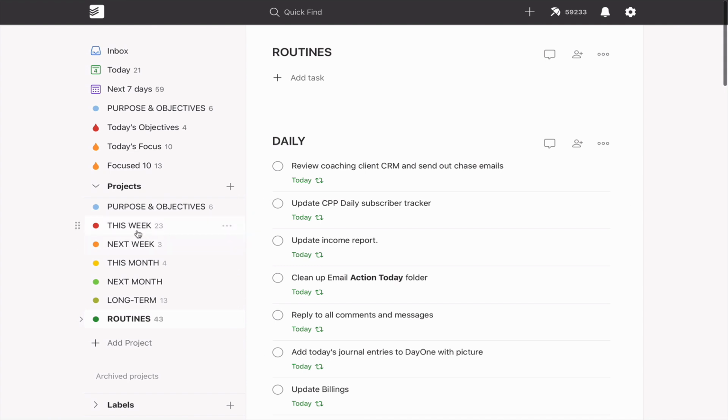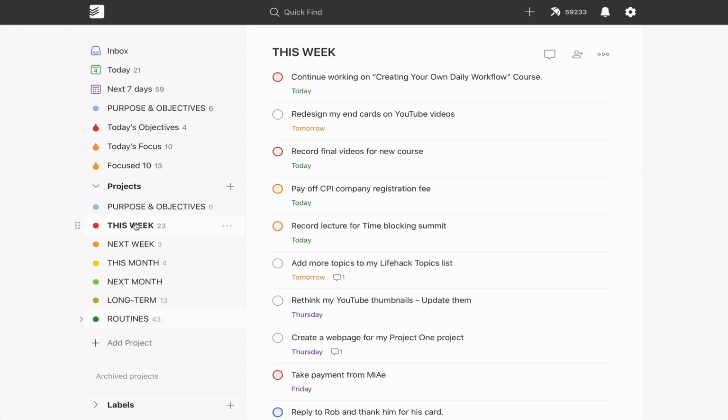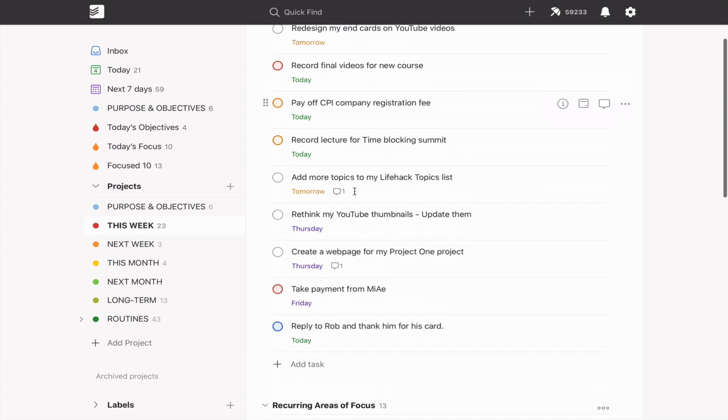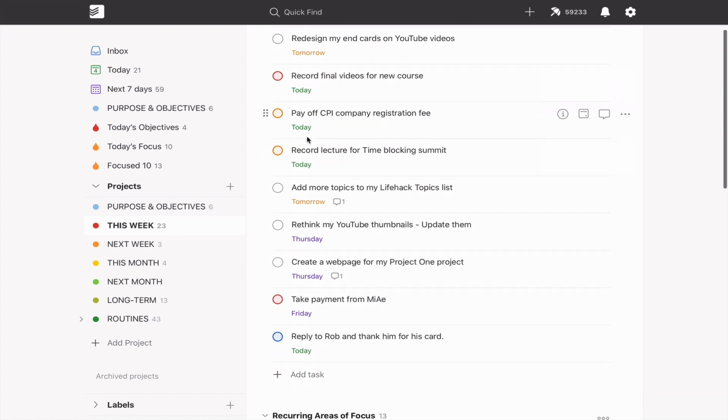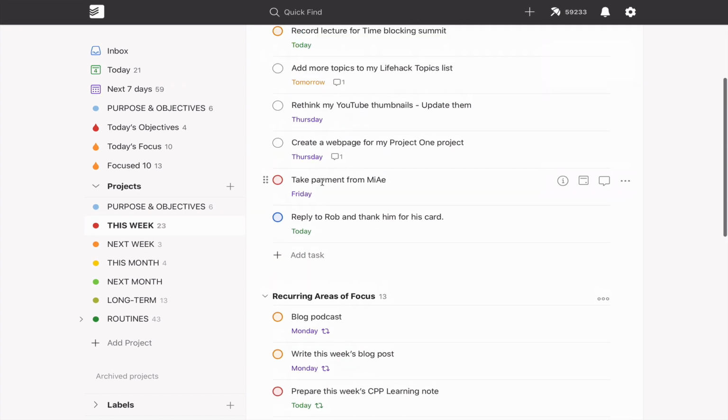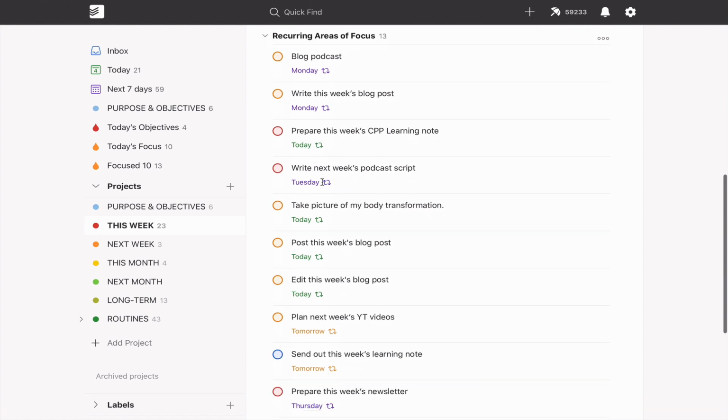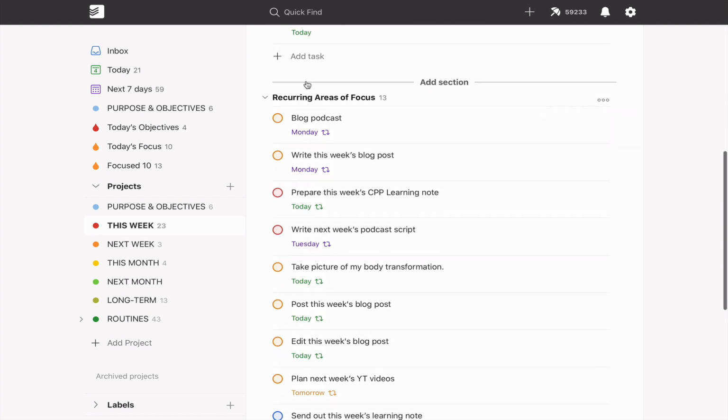So essentially now let's move into this week, because I want to show you this one. This week is kind of important. These are all the tasks that I've decided I'm going to do this week, and what I've done is here they are all dated and they are all in for this week. However, when I was doing my